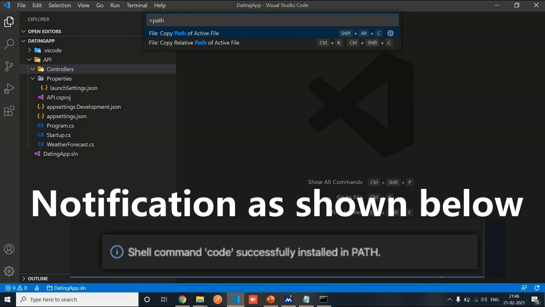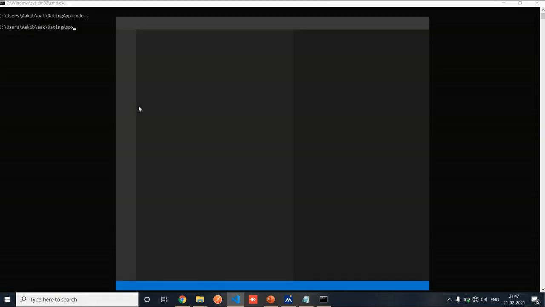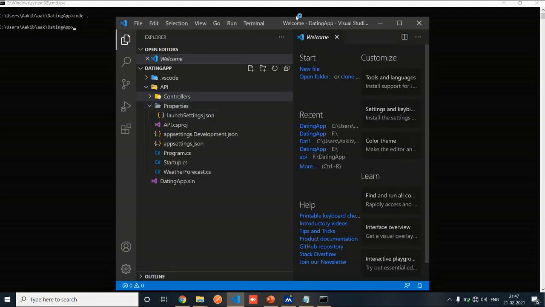And what this means is, if I quit out of Visual Studio Code and go back to my terminal window or the command prompt, what I can do is just type in code followed by a period, and this goes ahead and opens up the code. It's just a bit more convenient to do it this way. So these are the extensions which are required to get started. What we are going to take a look at next is what we get inside our template when we create it.